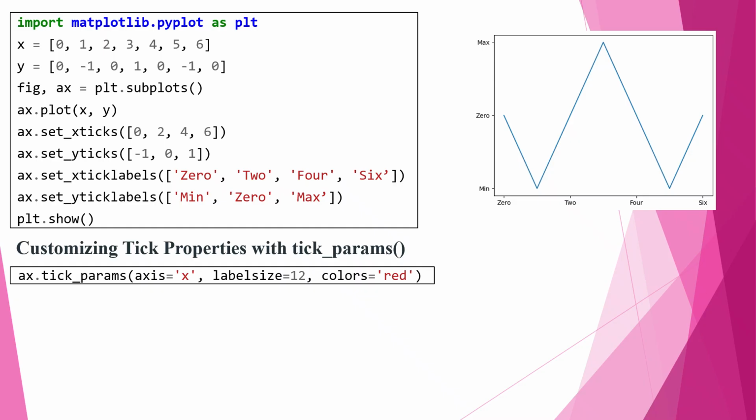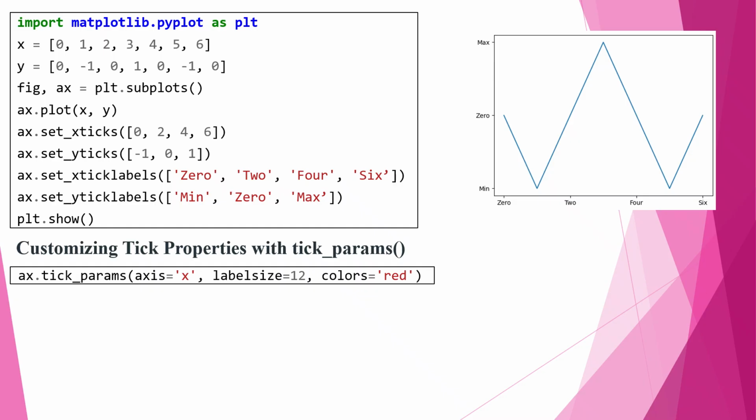Ticks and tick labels are customized using Matplotlib's object-oriented approach. First, a figure and axis are created using plt.subplots and the data is plotted using ax.plot. Instead of relying on default tick values, specific positions on the x-axis and y-axis are set using ax.set_xticks